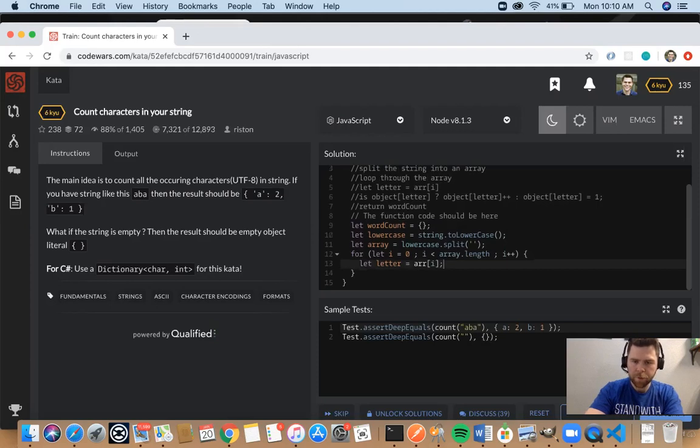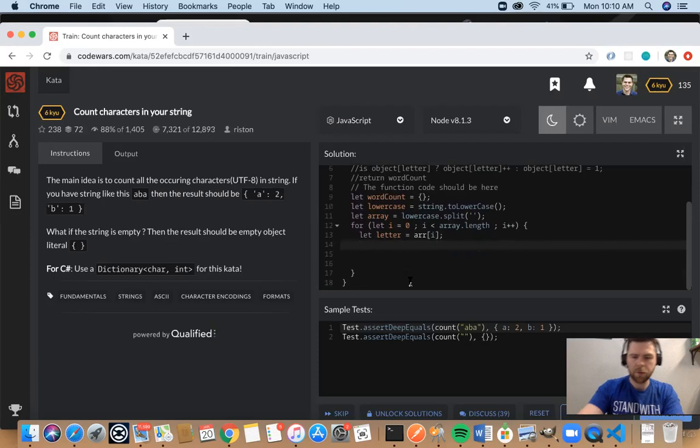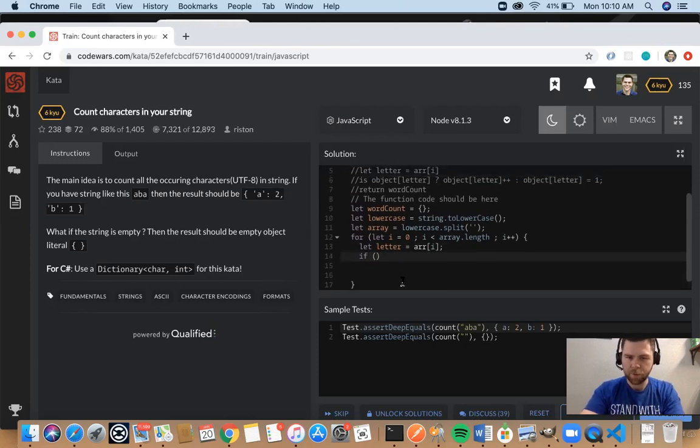I need to be better at ternary syntax because I'm always not 100% sure of how to phrase it. So I'm going to write an if statement instead. If object at index letter exists, object at index letter plus plus.